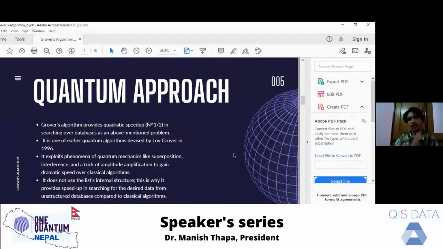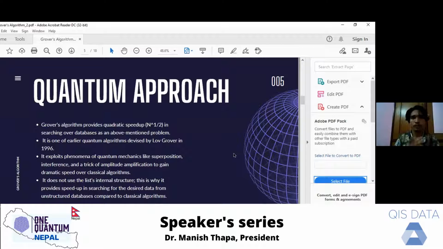In the quantum approach, Grover's search process uses different advantages of quantum computing, mainly from interference to amplitude amplification.